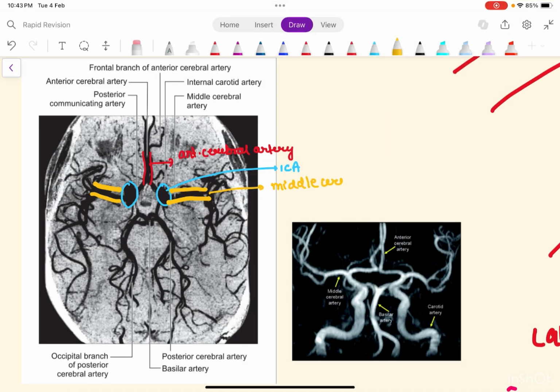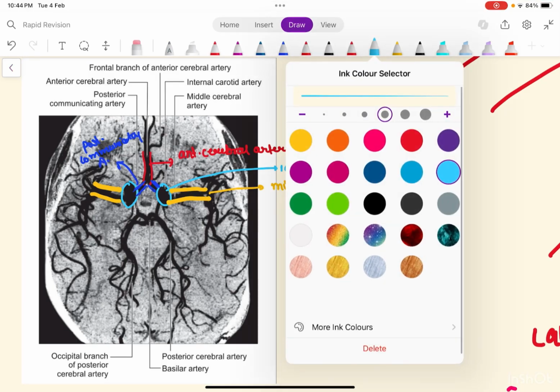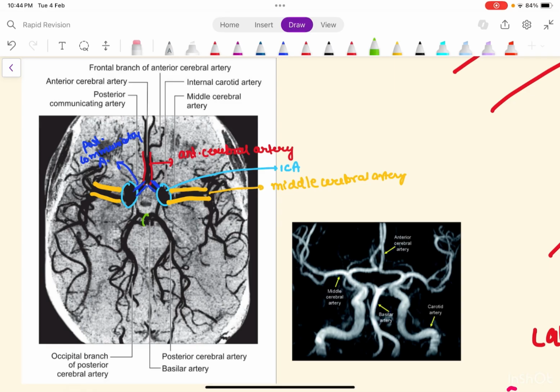All right, so this is middle cerebral artery. Now obviously the one which is communicating the anterior cerebral and internal carotid artery, this specifically I am talking about. So obviously this is going to be our posterior communicating artery. All right, then observe